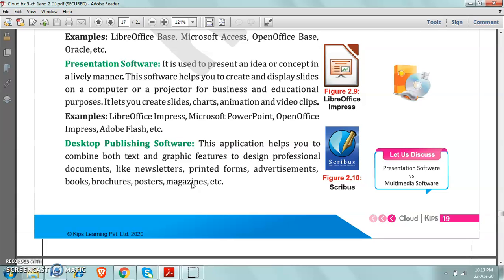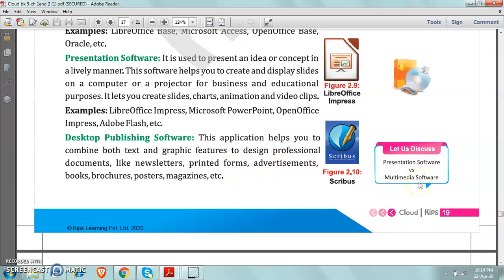These all are designed through desktop publishing software.